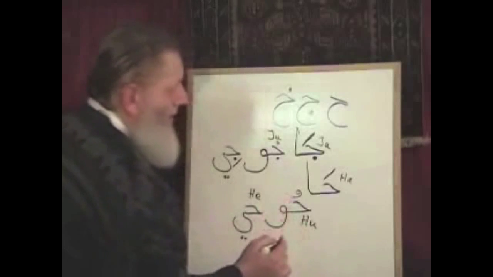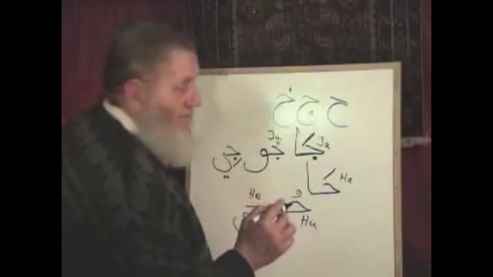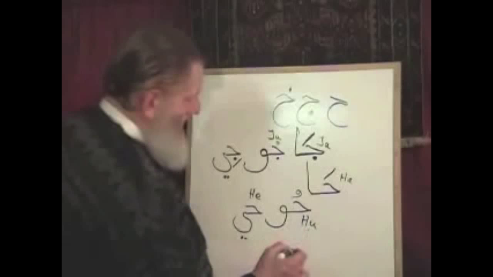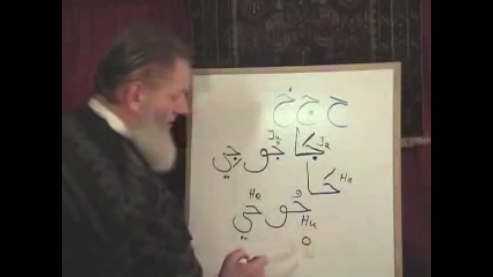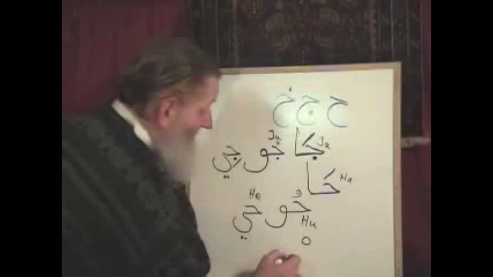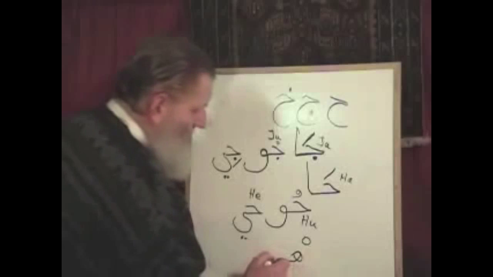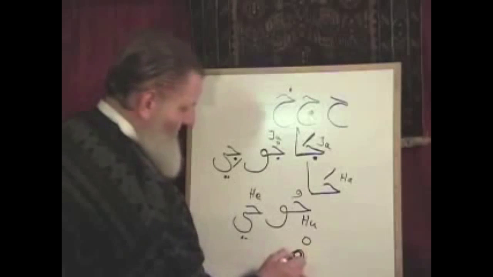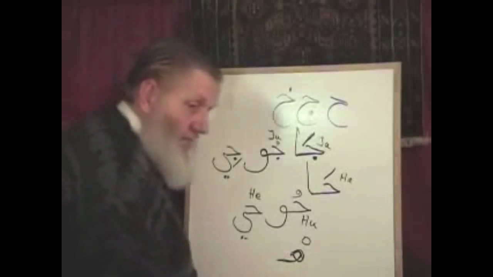Now, do you remember the other H that we have in Arabic? What was his name? Ha. And all he is a circle, remember? Ha. But when he starts out a sentence or he starts out a word, look what he does. He puts his hand over the top of his head. Remember how he does that? Puts his arm up over like